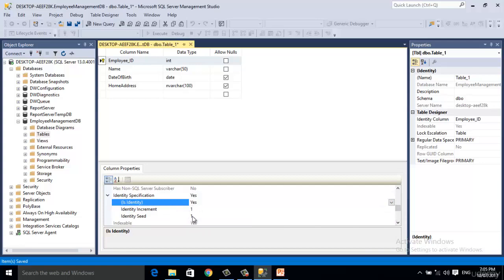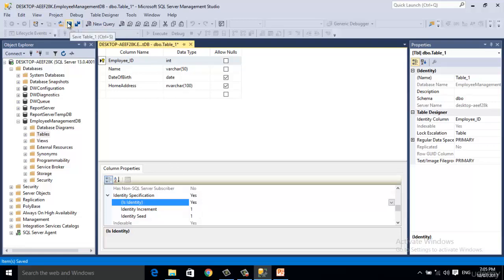Seed means the basic value, first value, which is 1, which means the first record of this table will have 1 in employee ID column, and incremental value is 1, which means that every new record will have an incremental value. For example, first record will have 1 in employee ID, second will have 2, third will have 3, fourth will have 4, and so on.